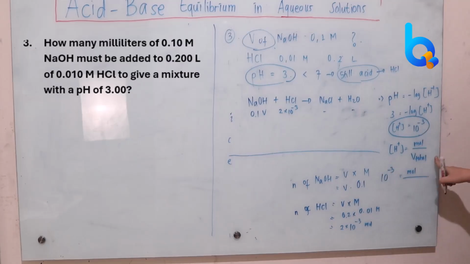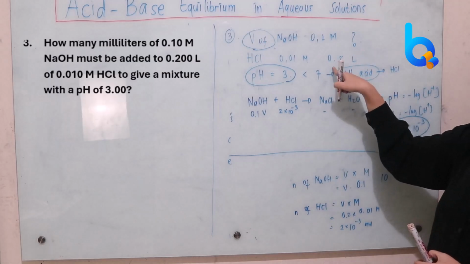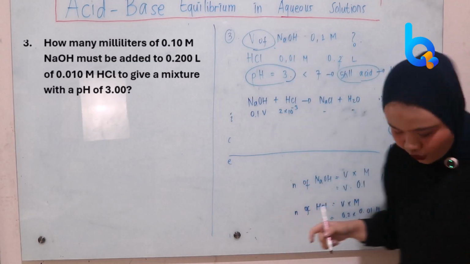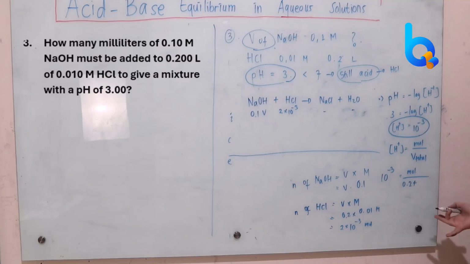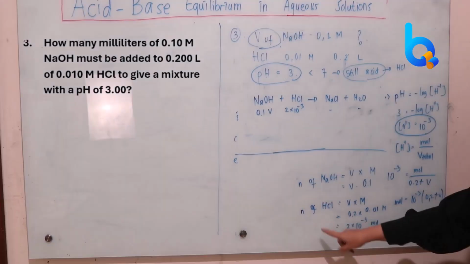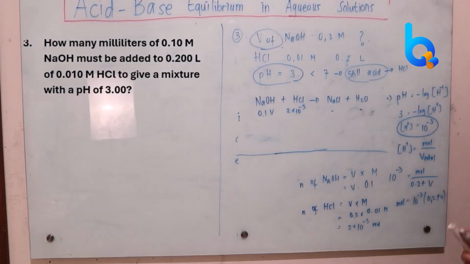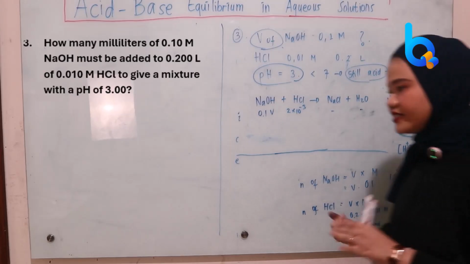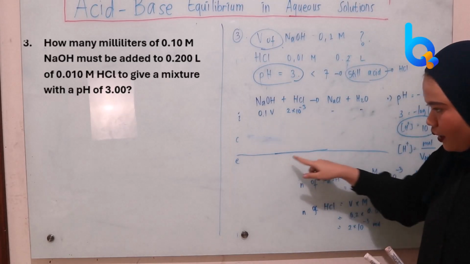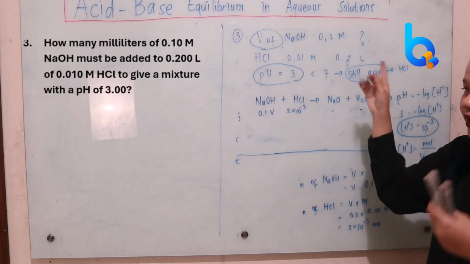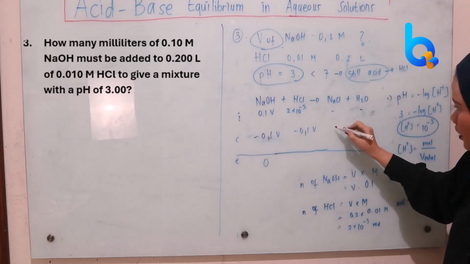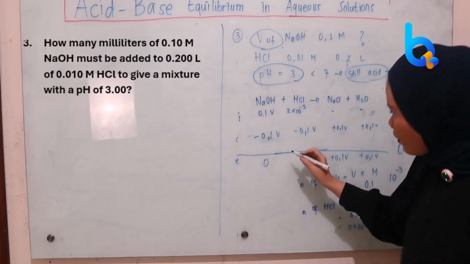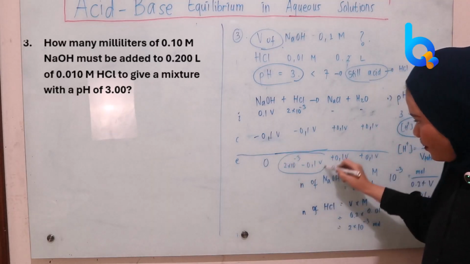The moles, we got this. And the V total: we already know the V of HCl, but we don't know the V of NaOH, so we have to calculate this by adding. We don't know the volume yet. After we know all of the moles of NaOH and HCl, at the end of the equation we just have HCl because the pH is equal to 3. So it's equal to 0 here, and this will be 2 minus, so it's probably like